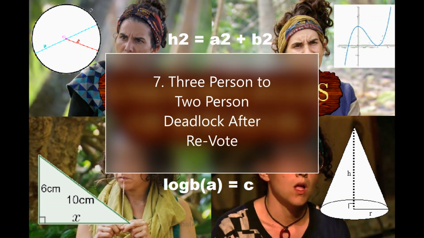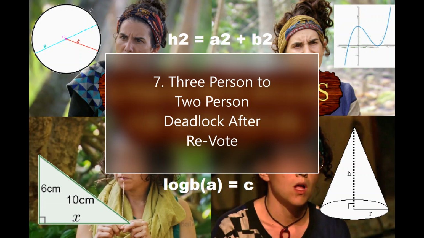For example, there are 12 people left in the game, and the first vote there is a 4-4-4 split at the tribal council. So the 3 people who have been voted for then sit out of the revote, and the other 9 remaining players vote again. So on the revote, say it went down to a 4-4-1 vote, would there then be another deadlock and another revote occurs due to one person being cut from the tiebreaker, or does it go straight to having to make a unanimous decision before going to rocks?